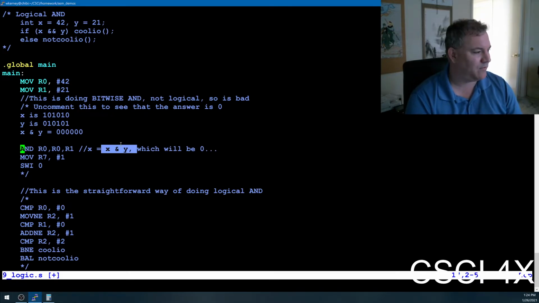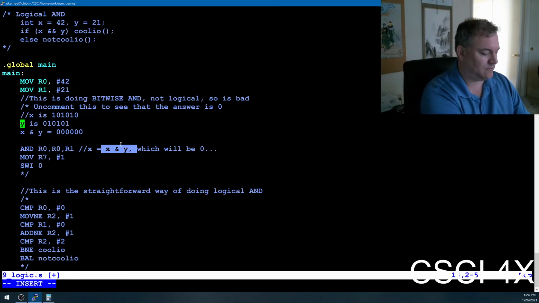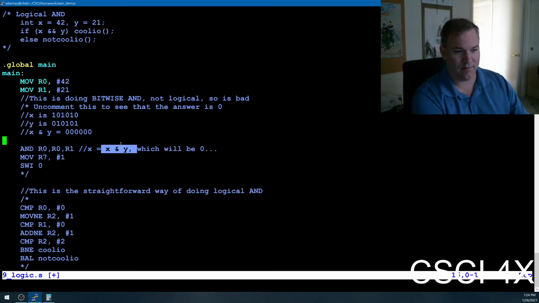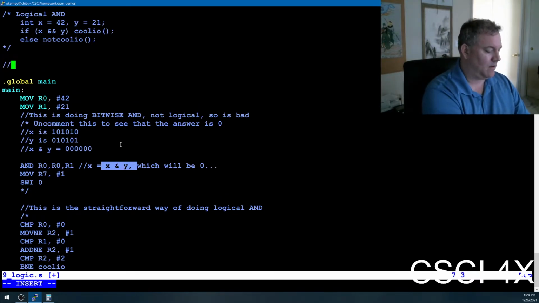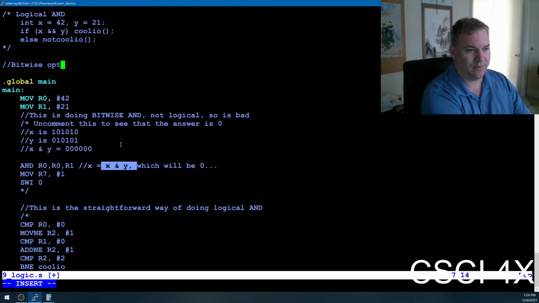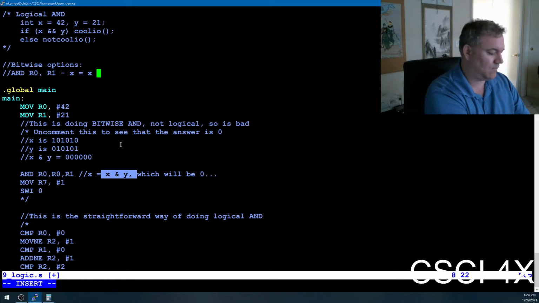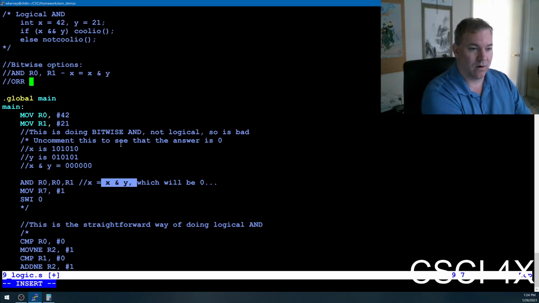36 ANDed with 15 returns 4. Yeah, that's used in hashing a lot. Okay, so all right, and then there's bitwise operations: and, or,